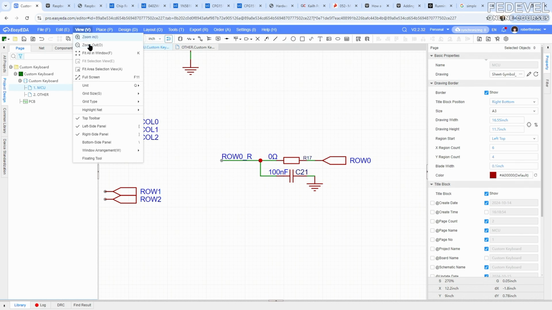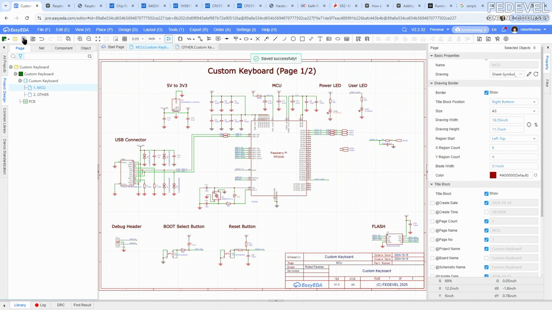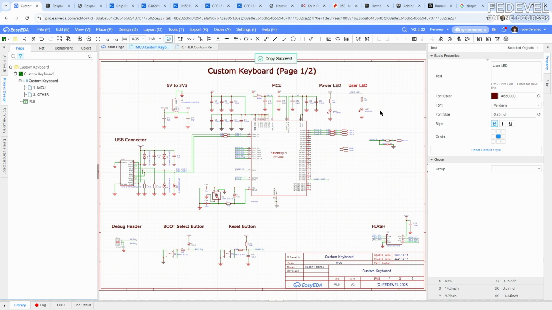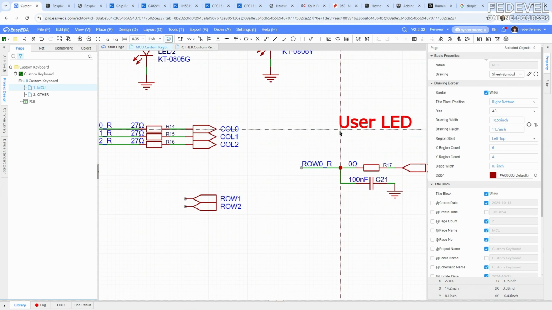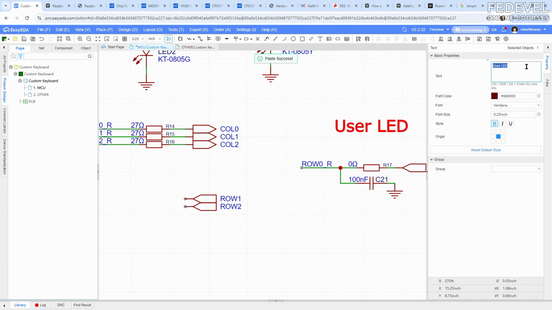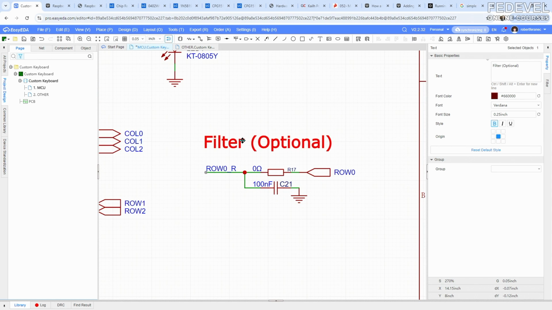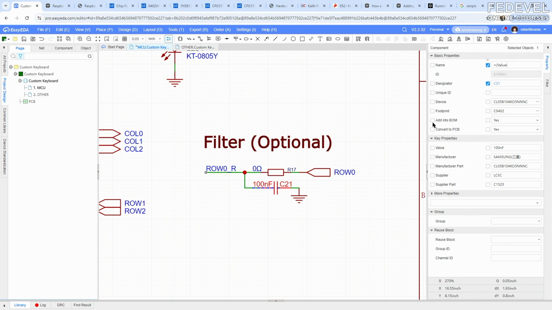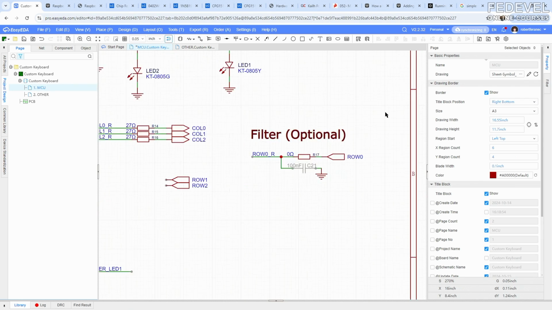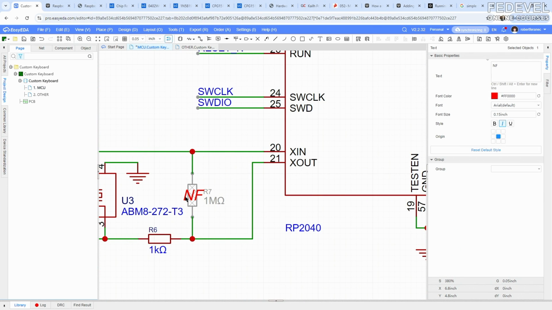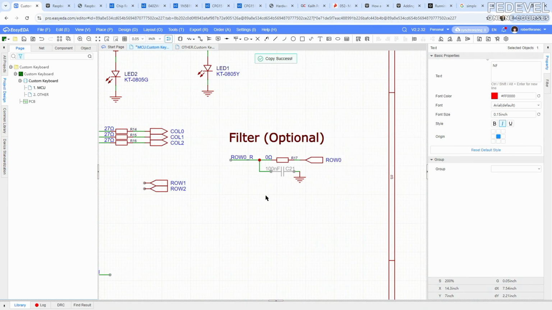Okay. Save it. I'm going to put a name here. And I'm going to mark it as optional, so everyone knows we are not going to use this by default. Use 0 ohm resistors and do not fit the 100 nanofarad capacitor. Okay, so this is the 0 and this is the capacitor, and do not fit it. Place the not fitted text on the top of the capacitor,